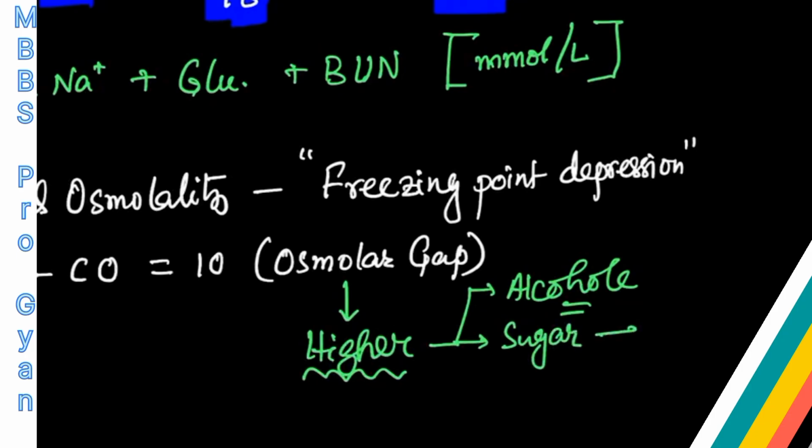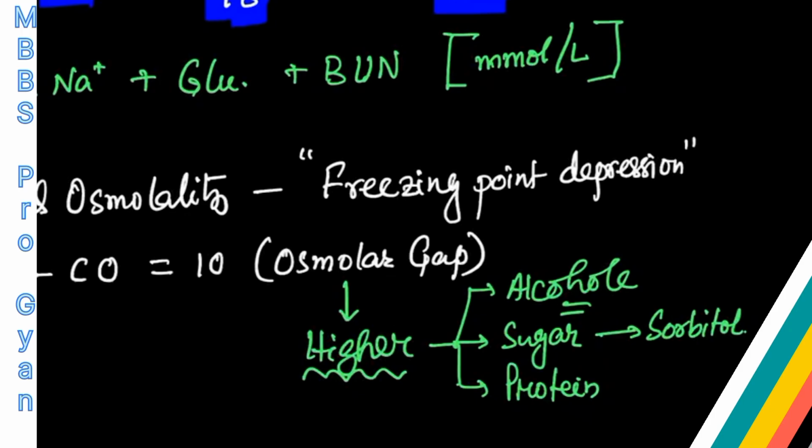The second thing is that certain kinds of sugar can also increase this osmolar gap, for example sorbitol. Whenever the sorbitol concentration increases in the plasma, your plasma osmolality by calculation will remain the same, but the measured osmolality by freezing point depression will be very much higher. So that's why the osmolar gap